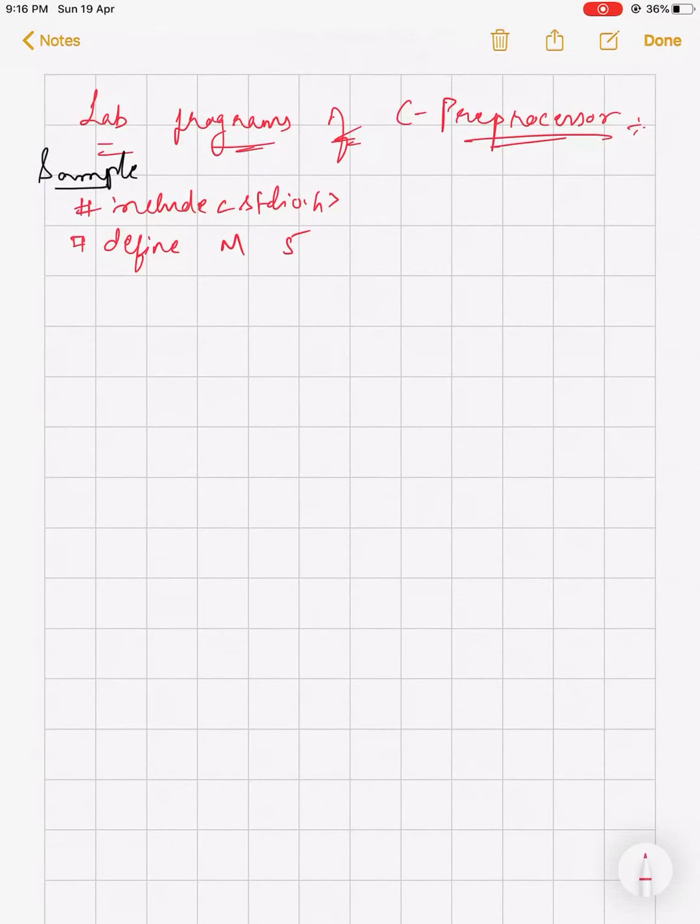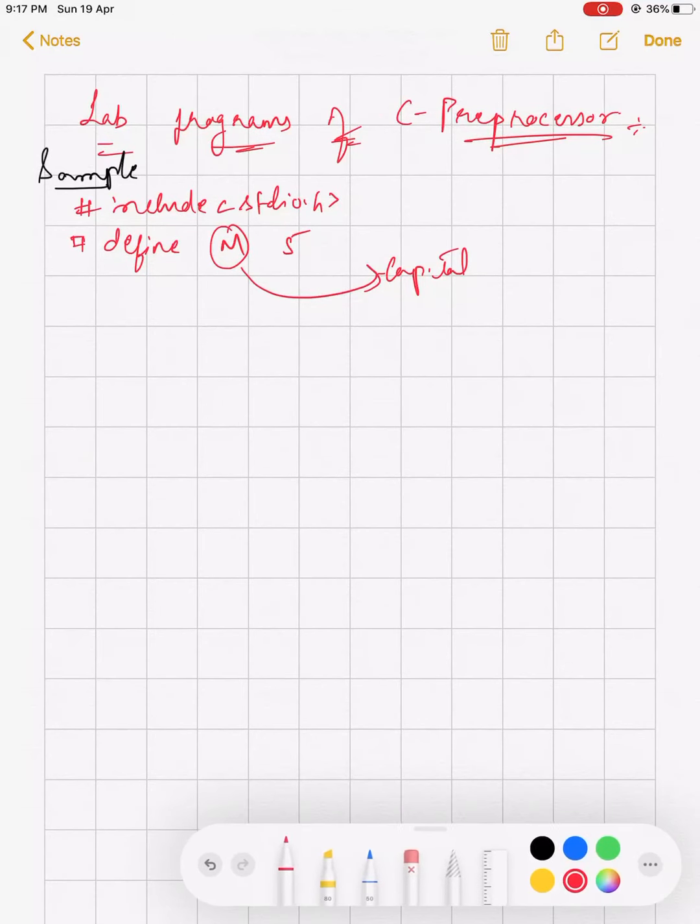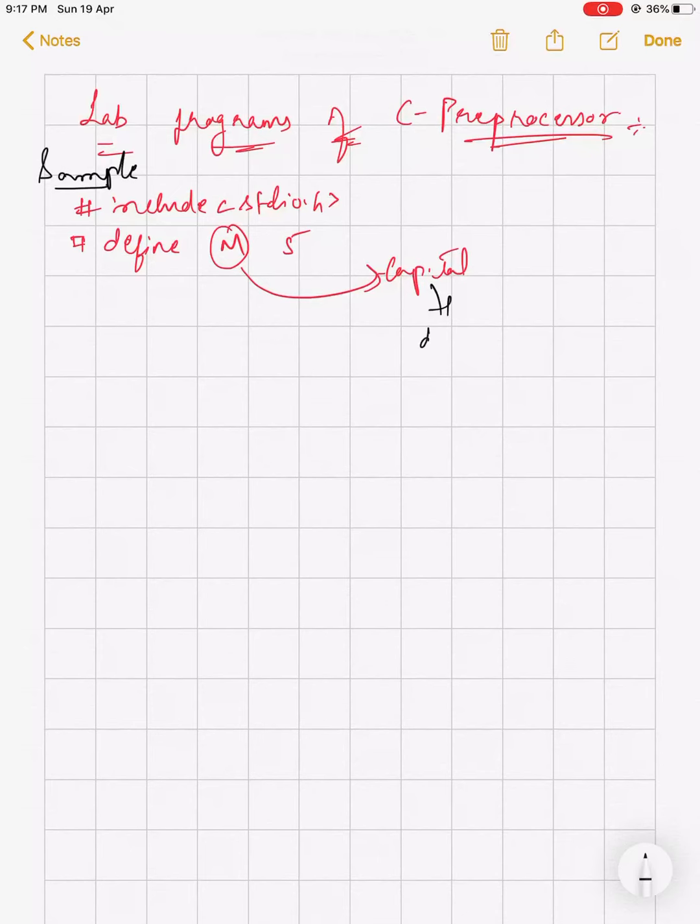In previous classes I have mentioned to you that this should be capital. But I have found out that this depends upon the compiler.